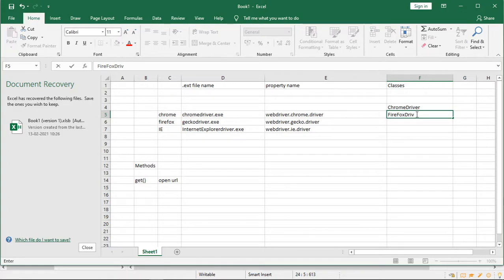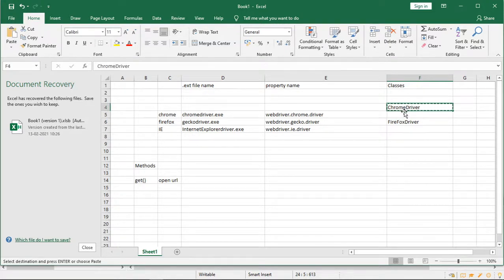Writing a class's name for which you have to create the object. So for Chrome browser, you have to create the object of ChromeDriver class. For Firefox, the FirefoxDriver class.